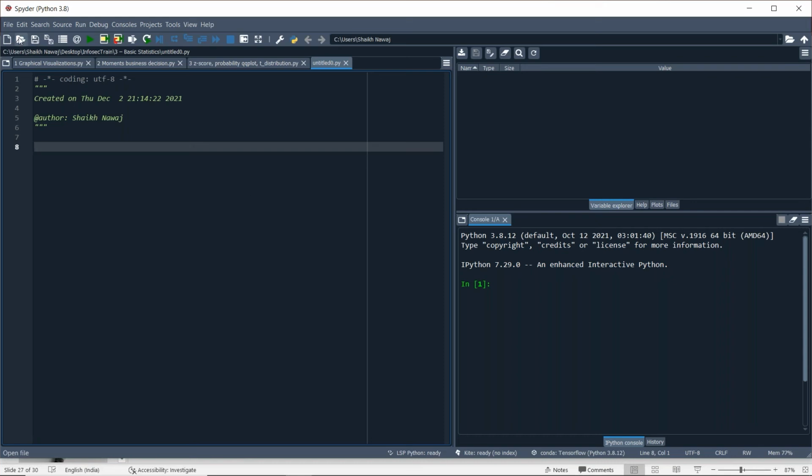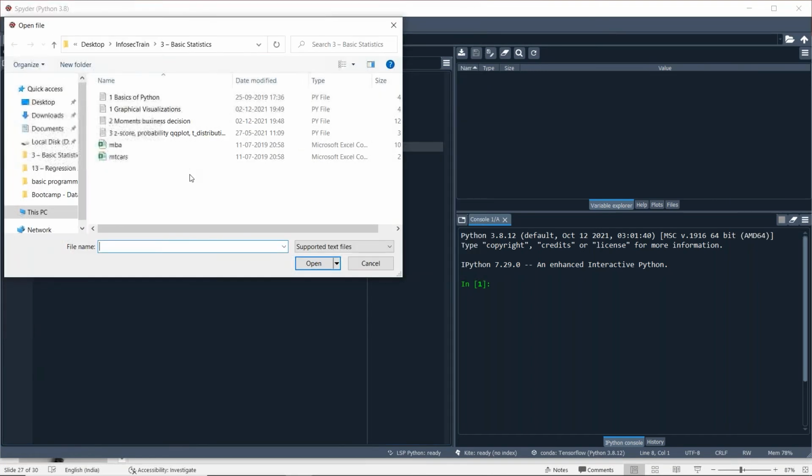If you already have a Python file in your folder in your system, then from here you can access any particular file.